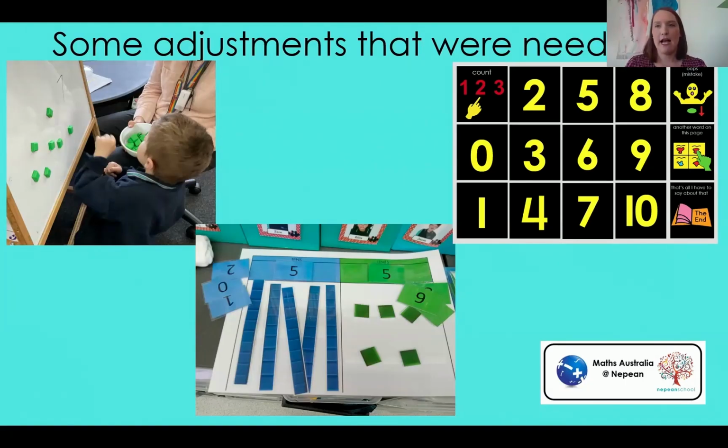So we were doing 0 to 5 with the green unit blocks, and then we brought in the coloured integers, and they were able to start using the green blocks to make 2 and then find the block that's the same. And at the time I had students who had hearing impairment, so we were using lots of signing, and it was really, really beneficial.